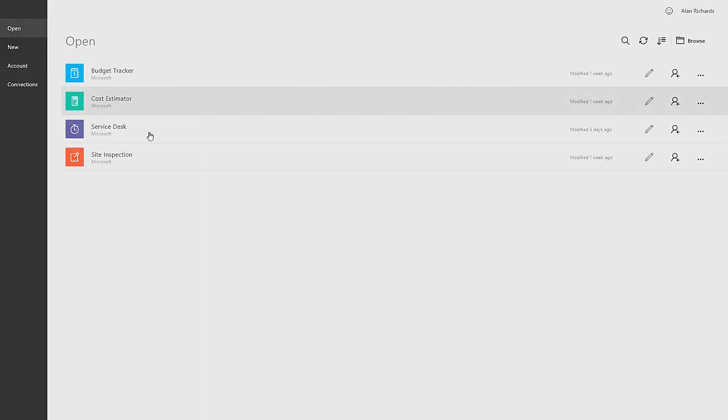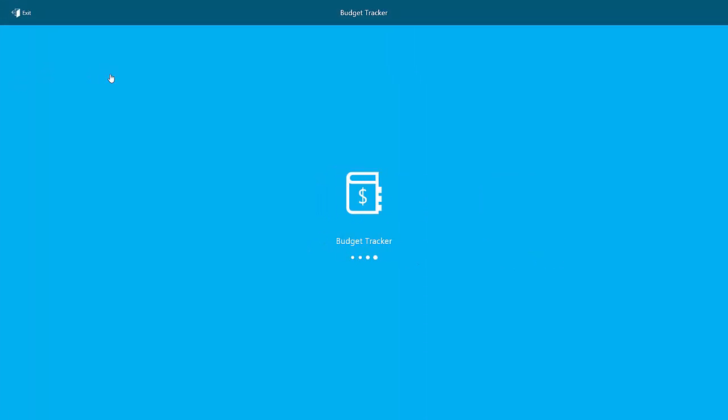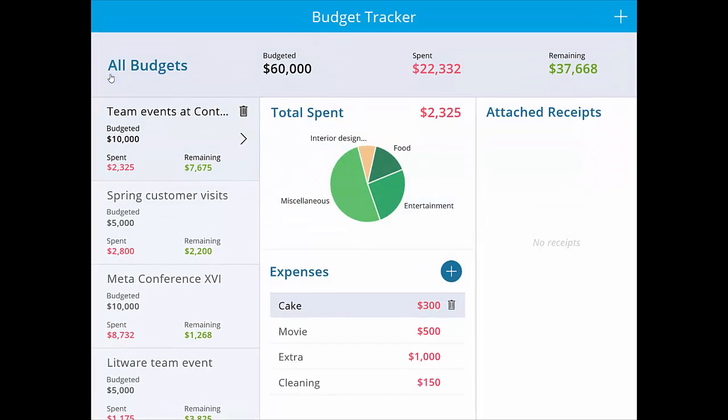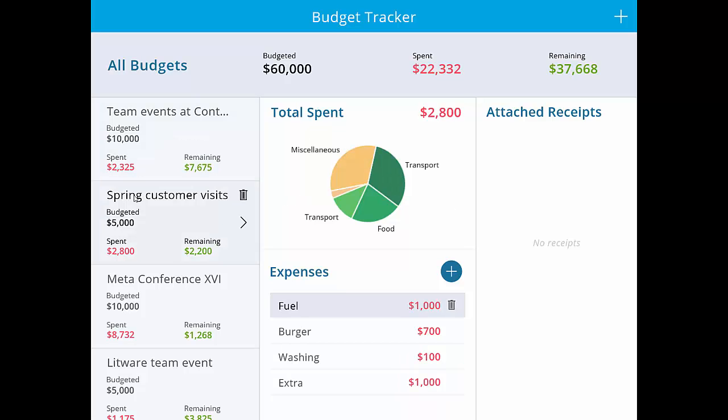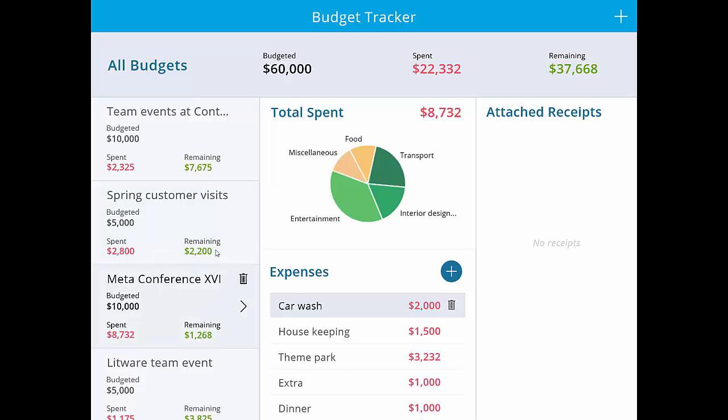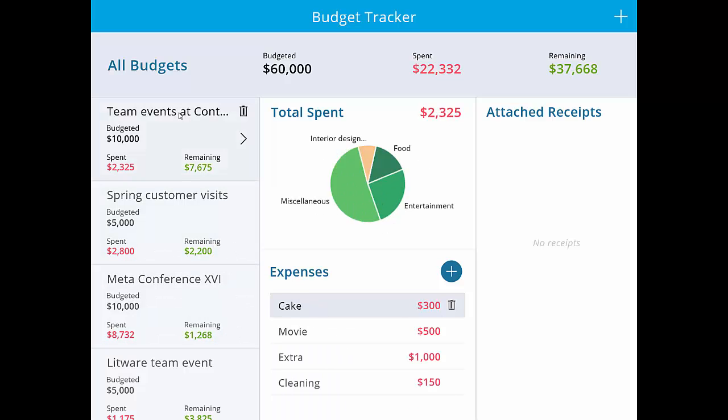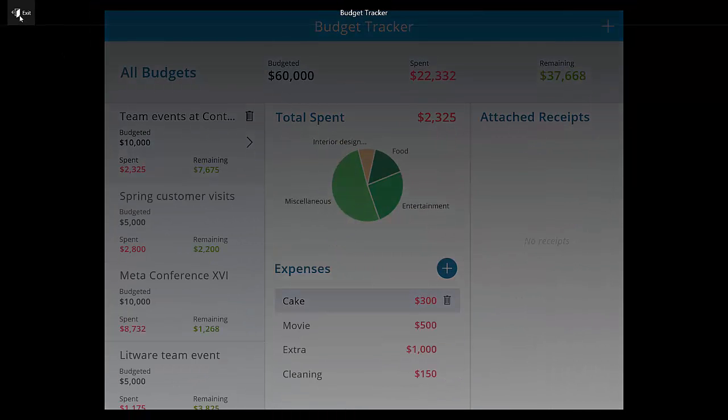If I go to the open button, I can see the apps that Microsoft have created for us, those sample apps. And if I click on one of them, it will launch in the PC, in the PowerApps application. And as you can see, extremely rich, a fantastic app there that highlights some of the things you can do with Microsoft PowerApps. So we can click on any one of these, and as you can see, the center box changes to show us that detail. So if we just come out of that one,